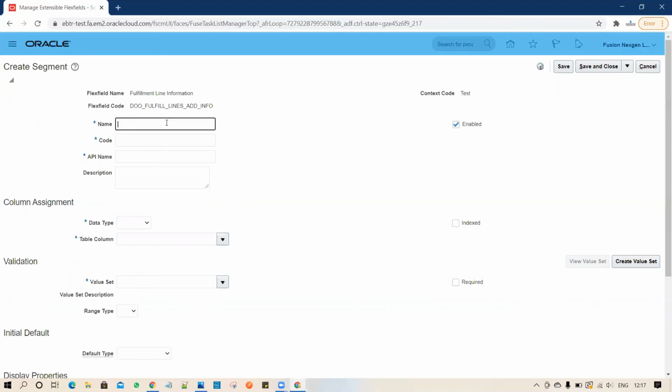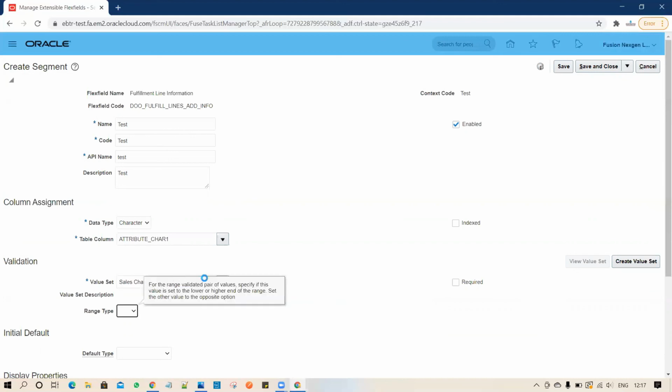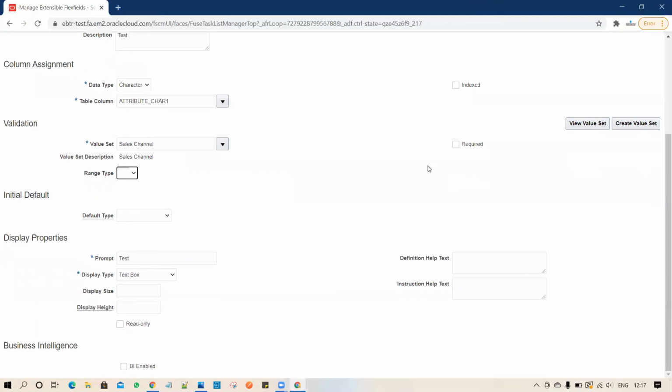just enter the segment name. So we'll add test only, and I've entered that. Then data type, I'm entering character. Same with the value set. So the value set I will utilize, I have already created the sales channel, so I will use the same. Okay, save it, and then you can make it required if that is needed, and then you can set